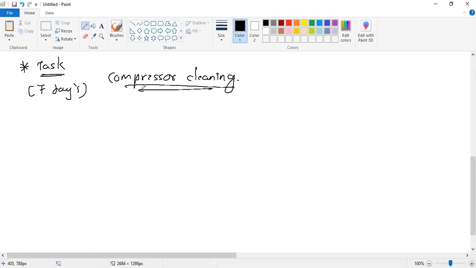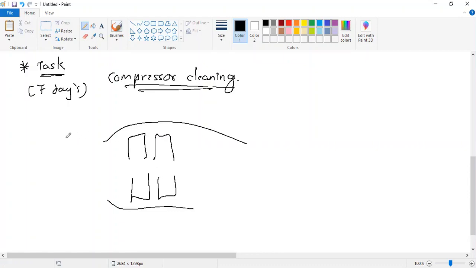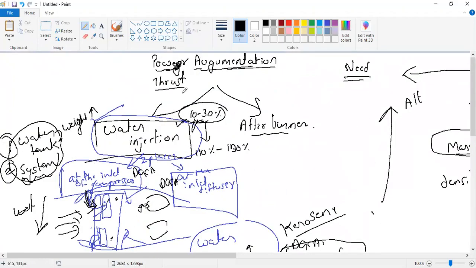The main reason for compressor cleaning in the coastal area is that there is a lot of saline water, as seas are there. If the aeroplane is flying into this area, the humid air will also consist of saline water and will enter the engine. So you need to clean the compressor. Let us say this is the compressor. You will take a hose, dry run the aircraft engine, and throw the water from the hose over here. The same effect is created as the water injection system.